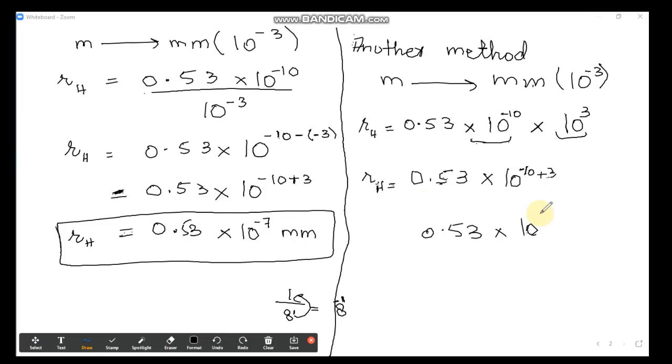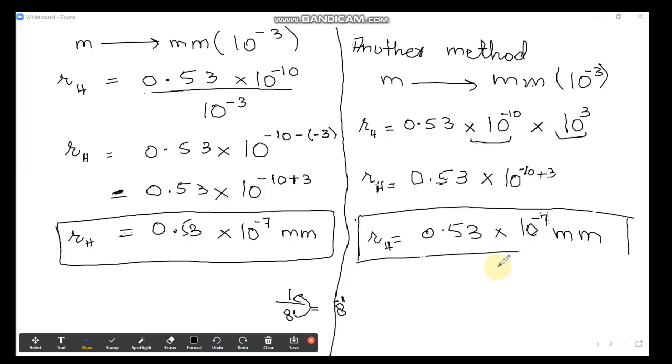Okay, you can go for any of the methods, but the thing is that you have to remember the value of the prefix for any of the methods. Okay, if you are going with division method, you will use the prefix directly. The original value of milli is exponent minus 3. If you are going with division method, then you will use minus 3, and if you want to perform multiplication method, then you need to change the sign of the prefix. Okay, so I hope you have understood the question.